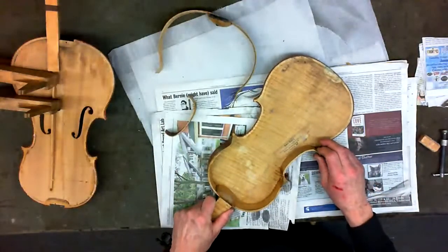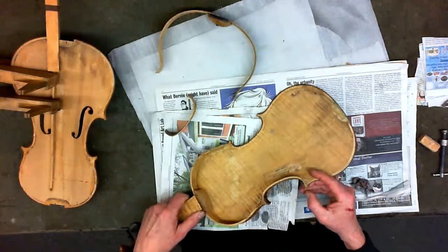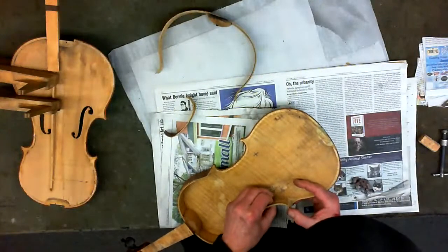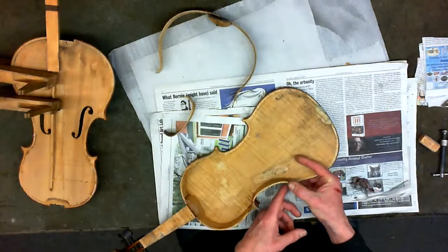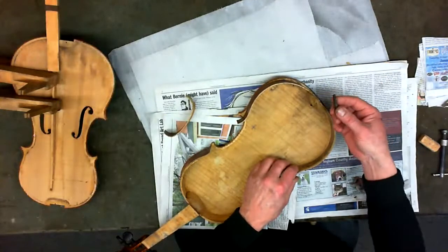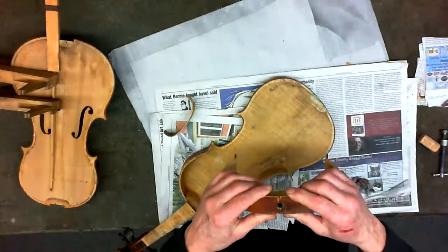This rib, this is called the C rib, by the way. We're going to glue this down because that seems to be just about the right spot from where it was before. Then we can get along to this one here. Oh, the saddle just came off. We'll set that aside. That's just as well, as you see the